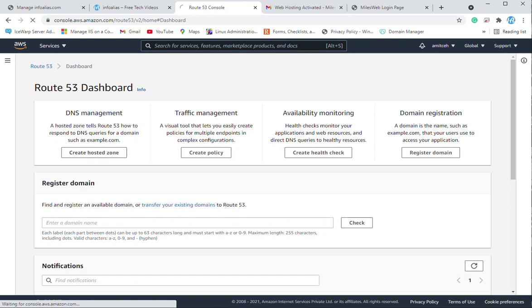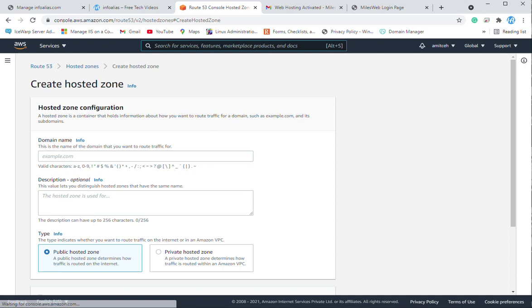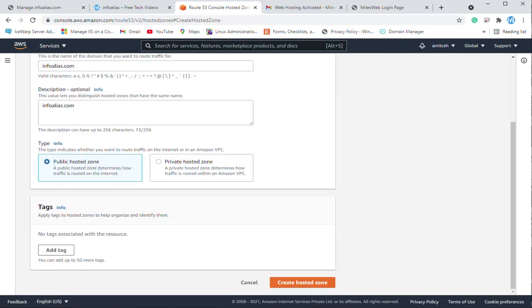I'm going to create a hosted zone over here for infoalias.com, and I will copy this domain name and put it inside the description. This is optional; if you don't want it, you can leave it. Then choose a public hosted zone.